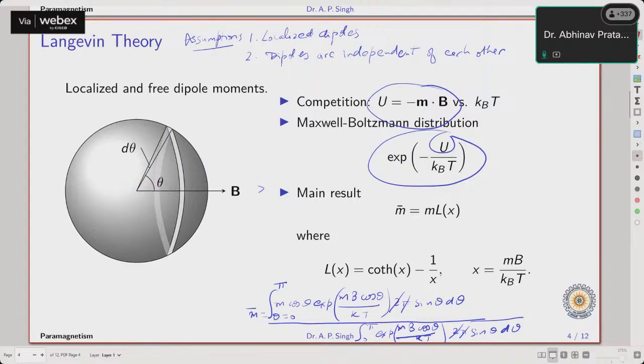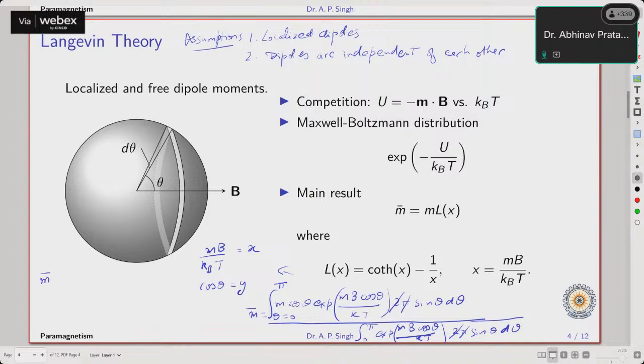So my aim is not to go into the mathematical details of all this, but the integral is actually fairly easy to solve. In this particular integral, you can put mB over kBT equal to, let us say, x, and you can put cos theta equal to y. If you do that, then you will find that this value of m bar will become m integral from -1 to +1 e to the power xy y dy